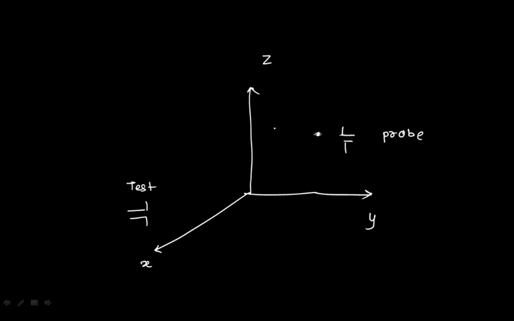Here you have to consider triplets. What are those triplets? That is R, theta, and phi. R is nothing but the distance, theta is nothing but the elevation angle, and phi is nothing but the azimuth angle. You have already talked about the spherical coordinate system in your electromagnetics, so no need to explain it in detail.